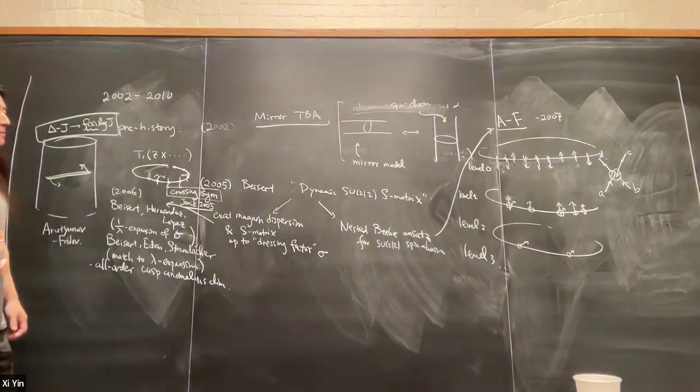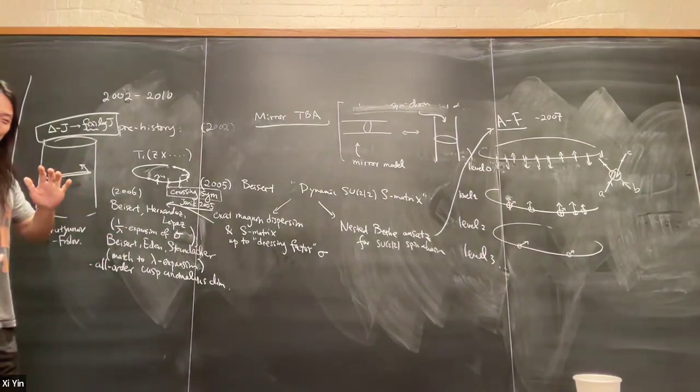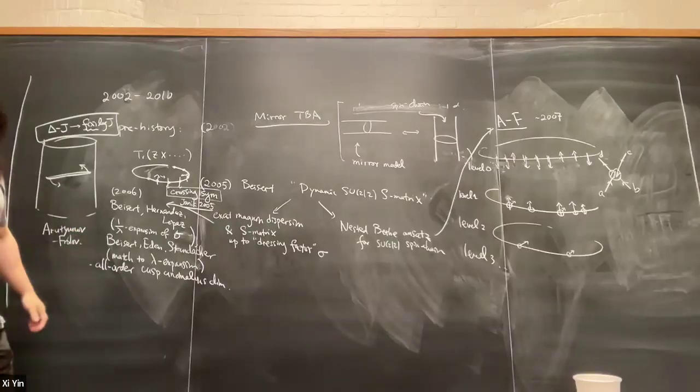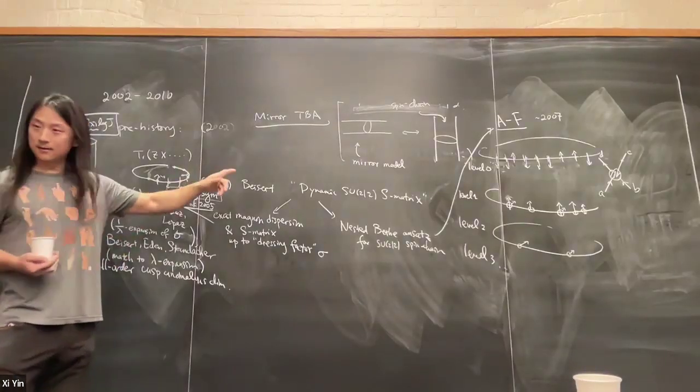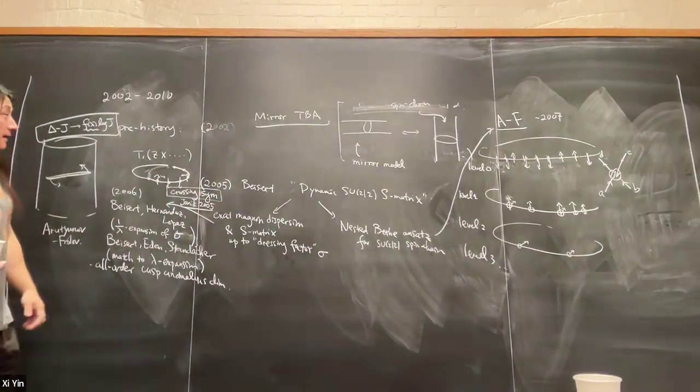This is one out of maybe, I can later make a list of the actual assumptions going on, one of the five important assumptions in this whole business. Integrability is only one of them. There are several more, the crossing symmetry being one. You can pass through this dense magnon limit, and then there's this mirror.